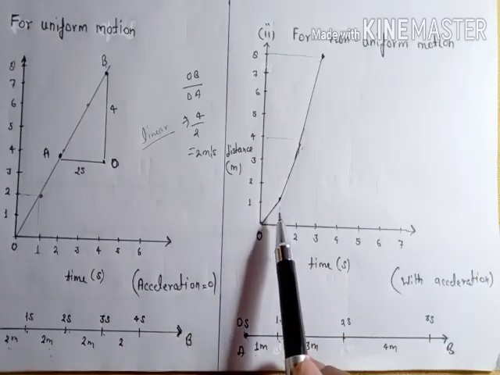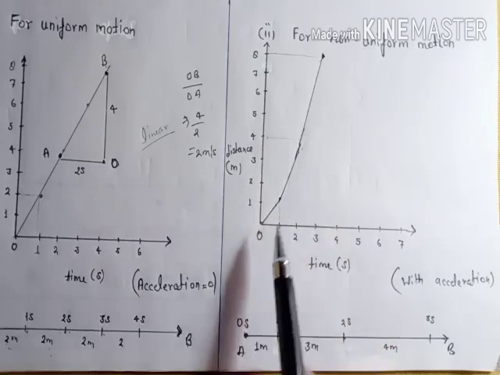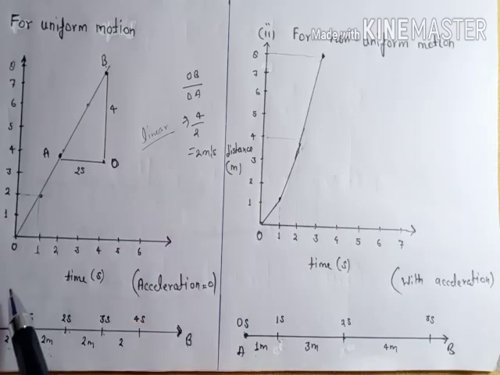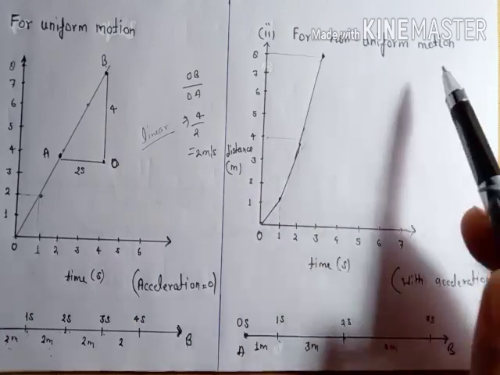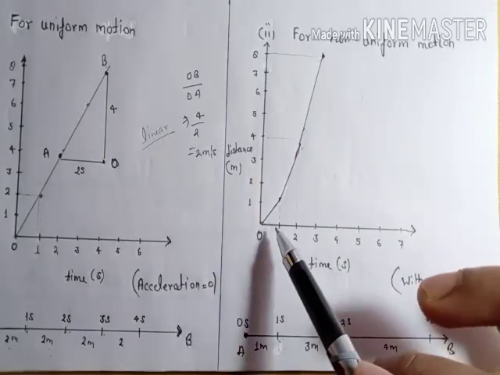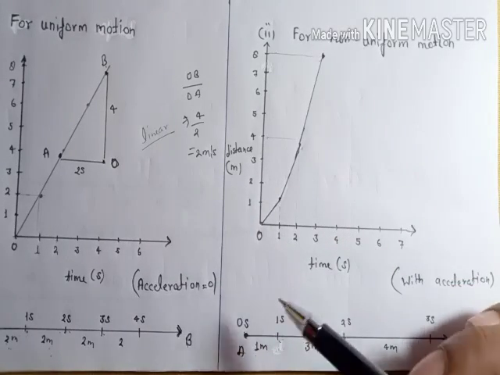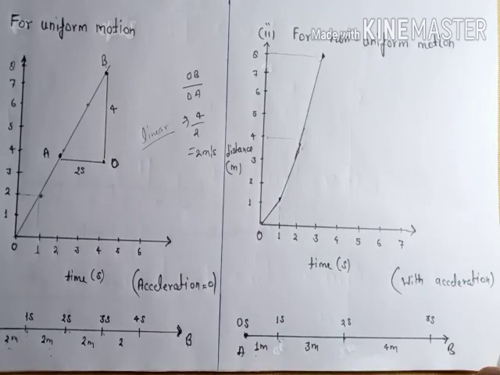This time our graph is not linear. In the previous case the graph is linear, but this time when non-uniform motion is there, our graph is not linear. So what actually happened here is, have you heard about this term acceleration? Here acceleration increases the speed of the body suddenly, so the distance traveled per second also increases.